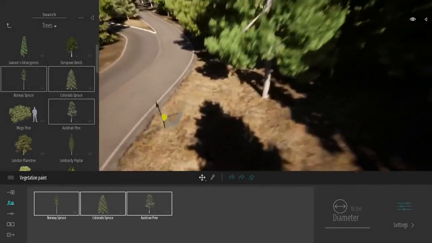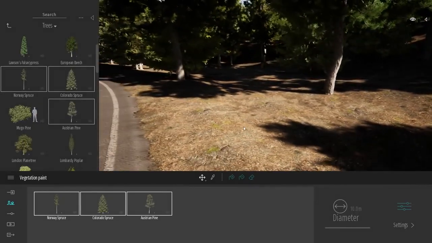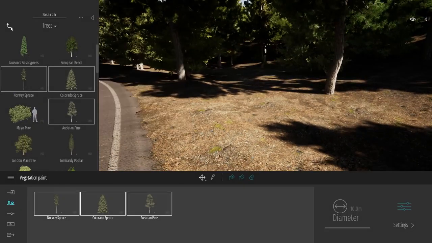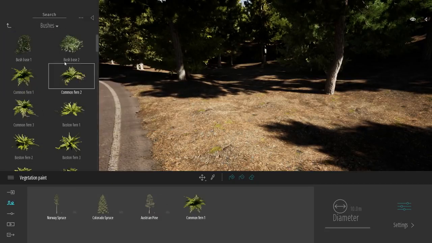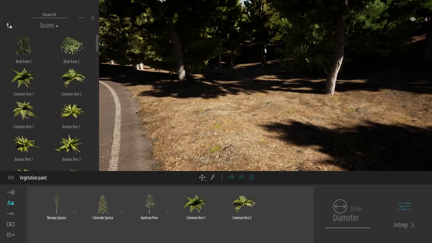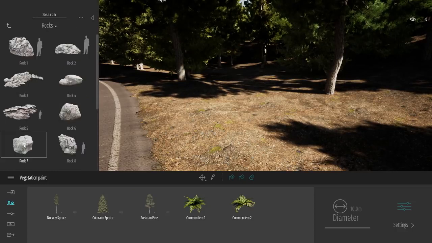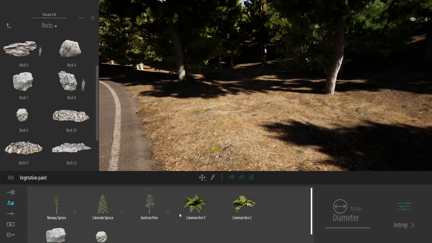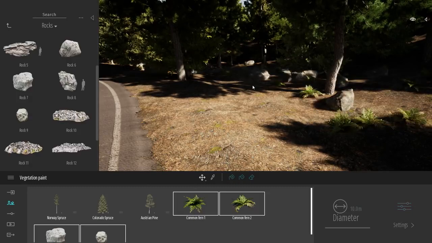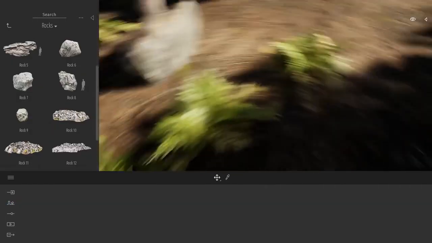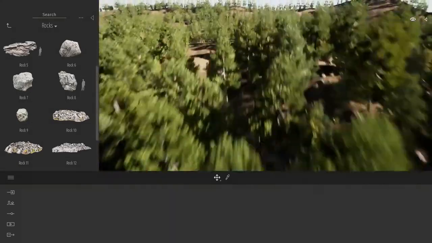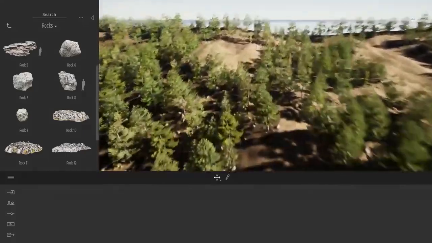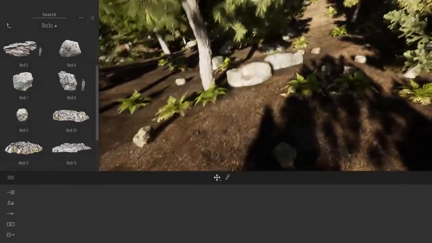If I come closer to the ground, as you can see right now, we just have some trees and forest. So I'll come back to my library, enter the bush folder, and drag a few bushes down here. We can also add some rocks, like this one and this one. Same process: I select the item, I select my bucket, I click one time on my terrain, and I have scattered all my objects all over the place. And I have the same quality on all my terrain. I can go up to the edges of my terrain, and I have the same level of detail.